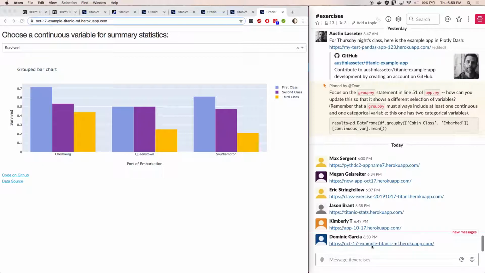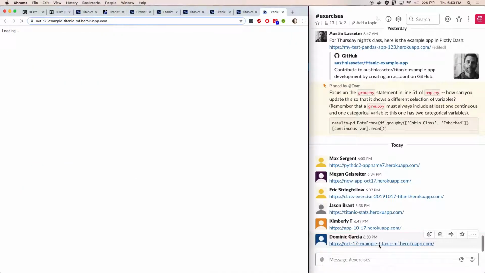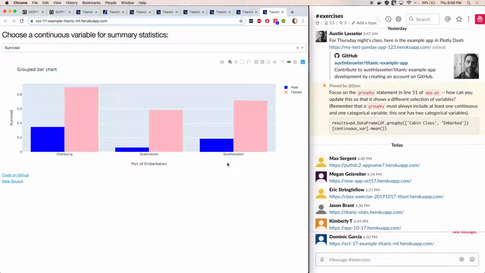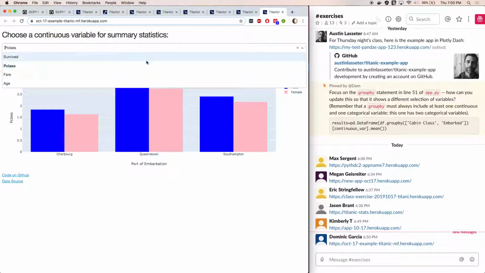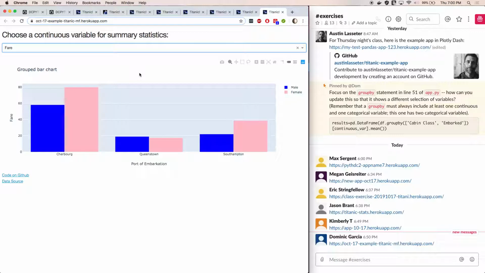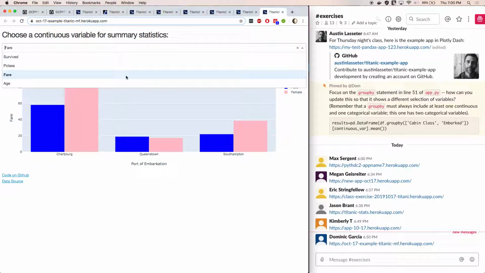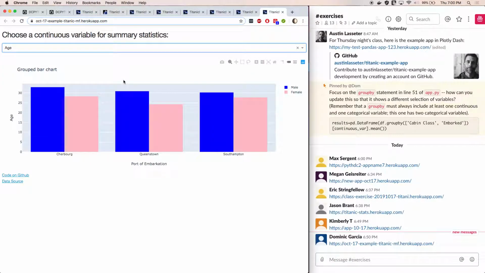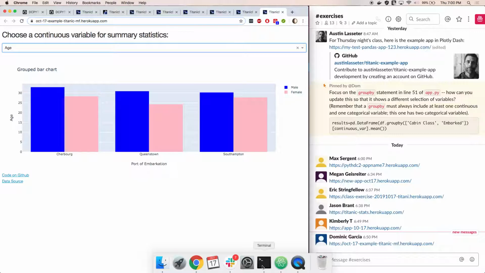And Dominic, yeah, your results. Okay, and you also chose to do male-female, excellent. By port of embarkation and survival, cabin class, fare, and age. Great. Okay, so